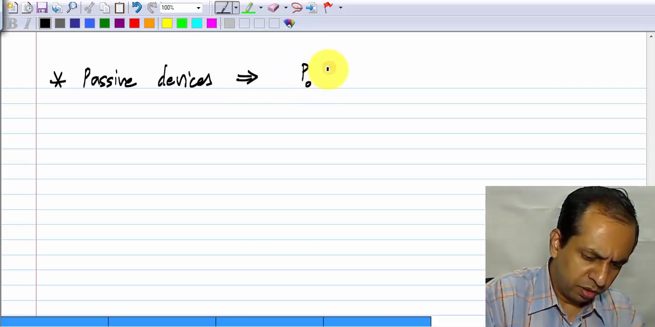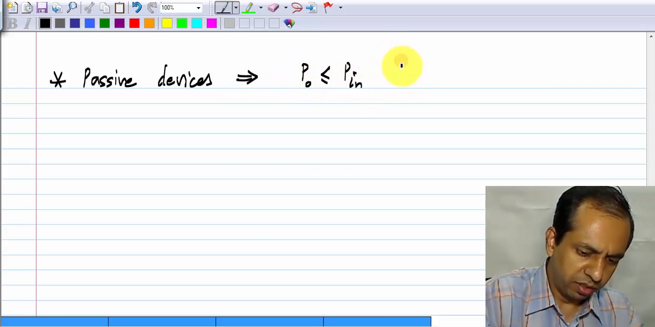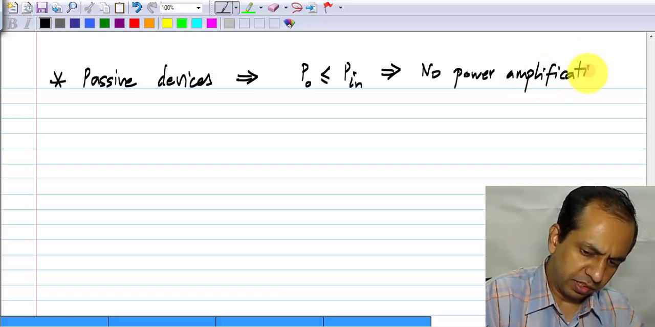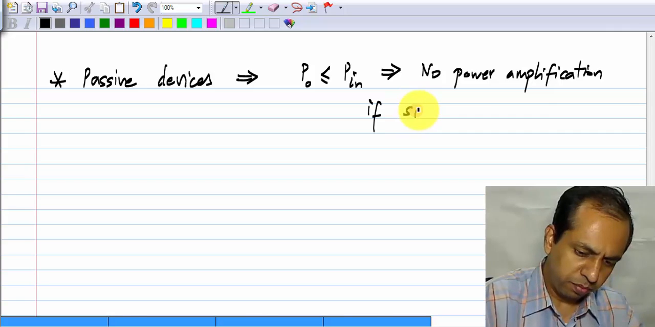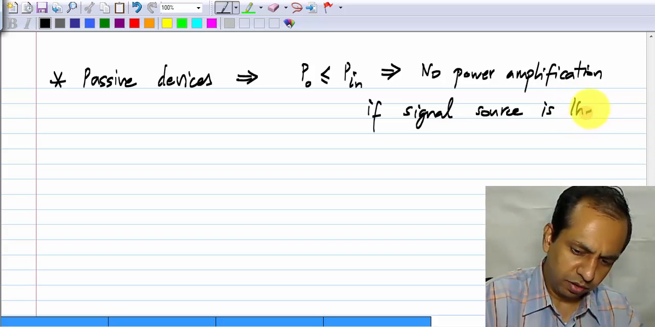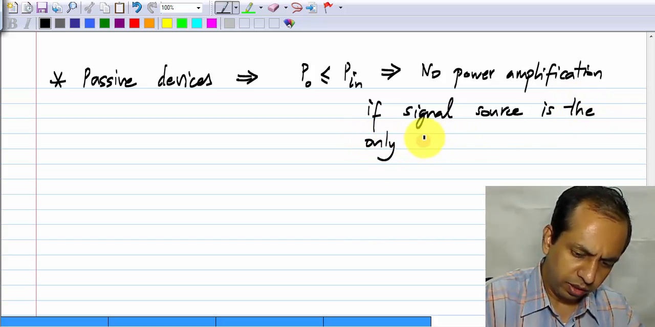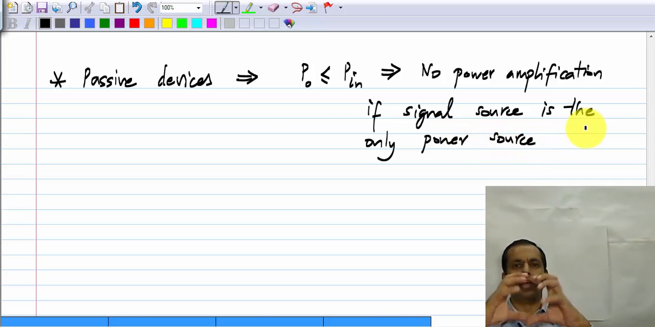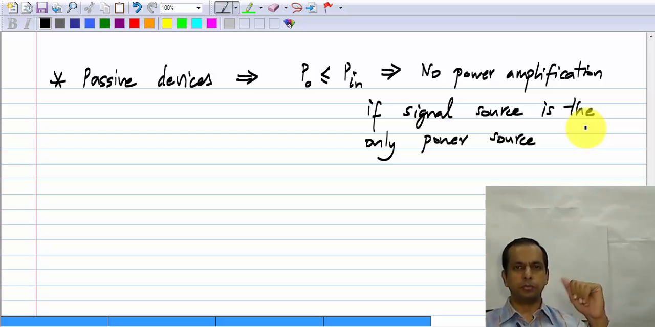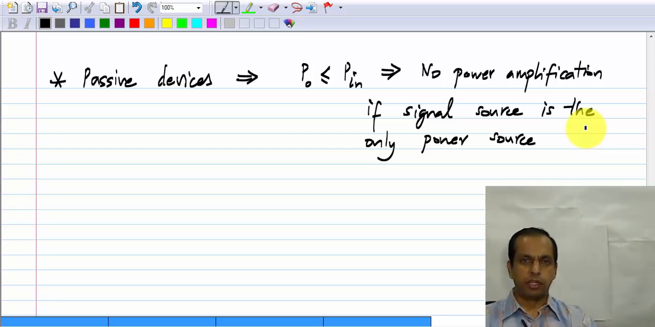passive devices mean P out less than or equal to P in. So, which means no power amplification if the signal source is the only power source. That is, if you have a box with an input and an output, and the input consists only of the signal source, the output power has got to be less than what is being delivered by the signal source. So, the next idea is